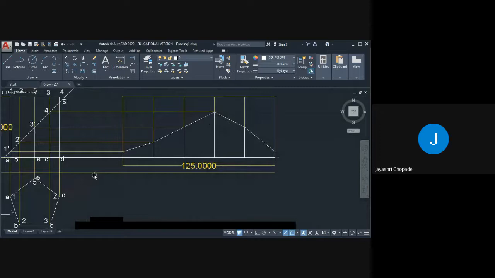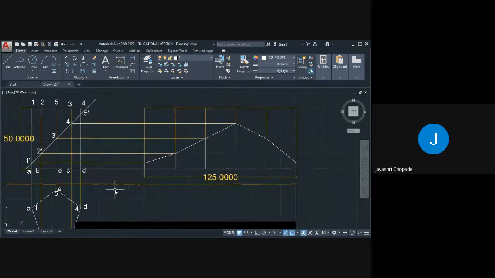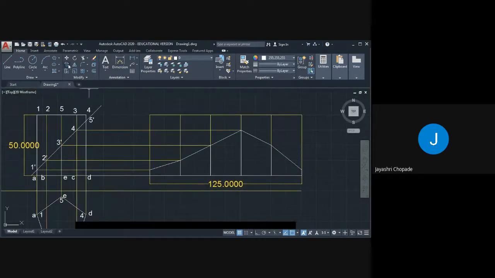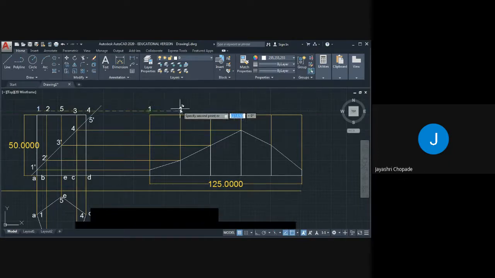In development, again we need to give name. So we will copy it again. Go to copy command, select object, press enter, select base point, and we can copy it like this. So copy at the bottom also.